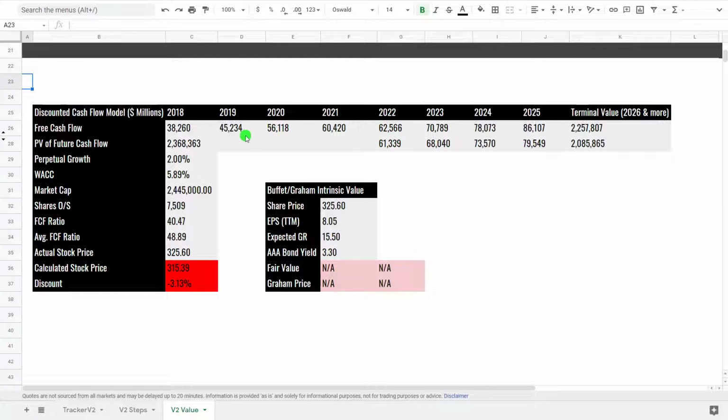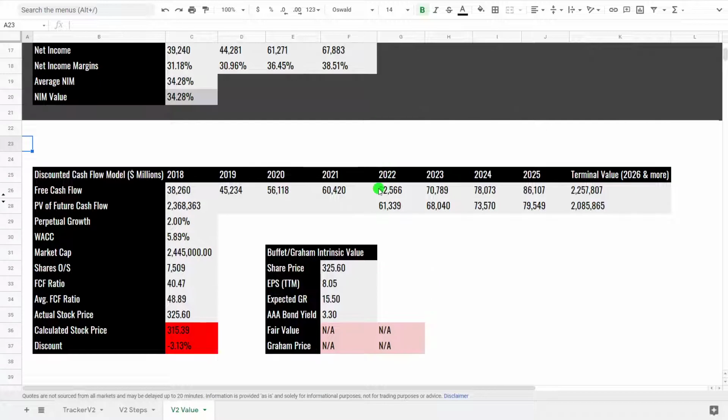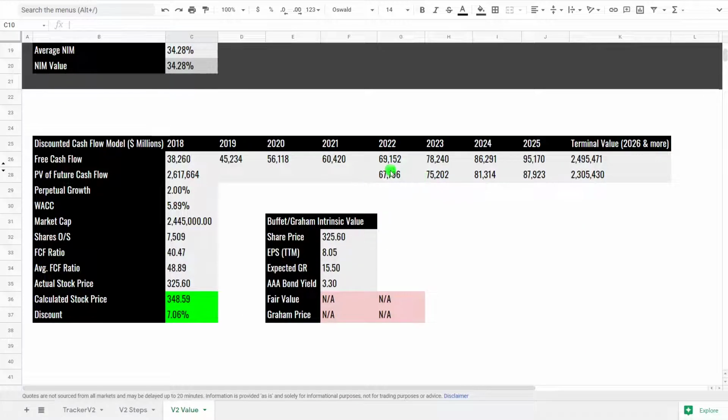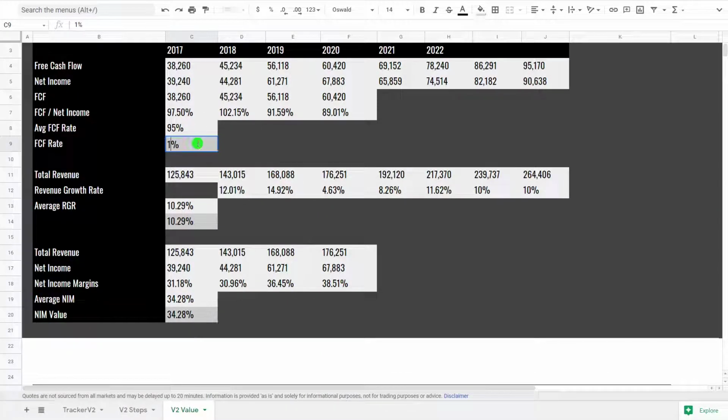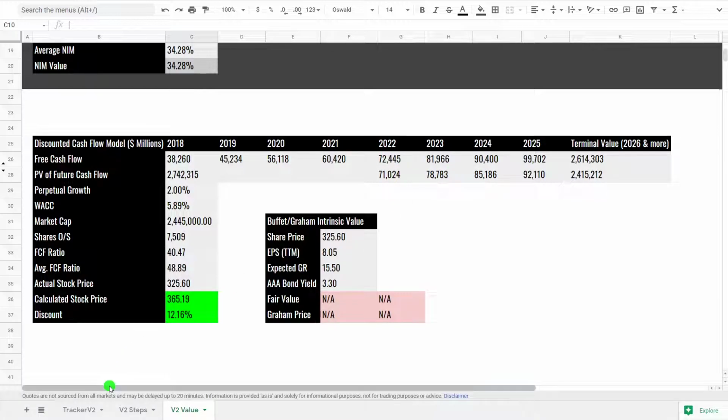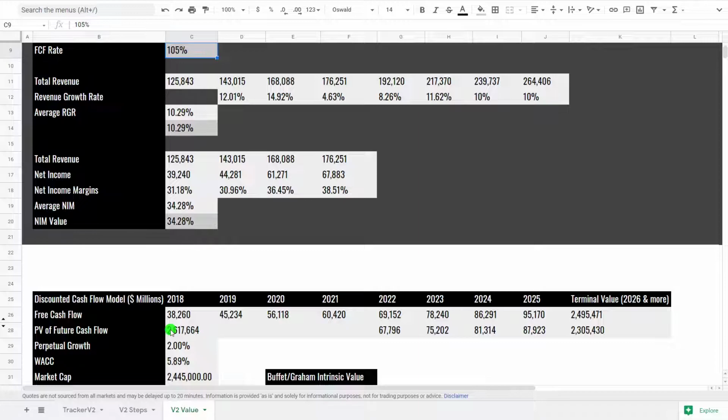So let's just say if you think Microsoft's free cash flow is going to bump up again massively, let's play around with the free cash flow rate to 69 billion. That would say it's a 7% discount again, and it's been jumping up 12 billion, 14 billion, 14 billion. So let's even put it up a little bit higher there. Let's do 110% here, get to 72 billion. If that was the sort of figure you're looking over, it's still at a 12% discount, but the original value was